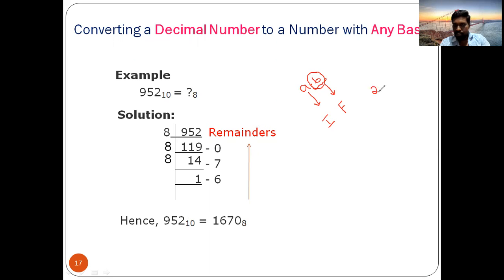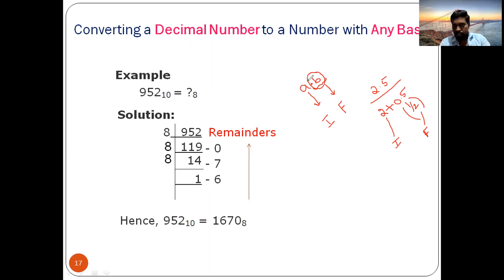Why? Because suppose we have a number like 2.5. How will you write this 2.5? 2 plus 0.5. So what is 0.5? 1 by 2. So it is a fractional part. 0.5 is nothing but 1 by 2. So this is the integer part and this is the fractional part. So I am saying you should include this point also. A is the integer part, dot b entirely is called the fractional part.